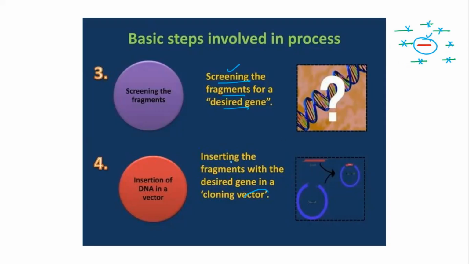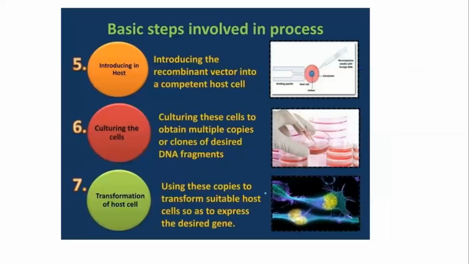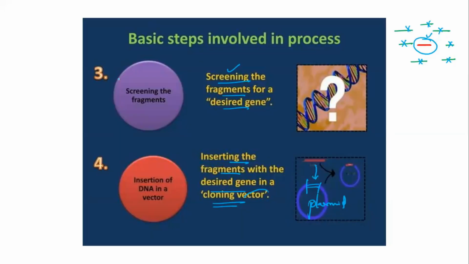Now you have to insert the fragment with the desired gene into the cloning vector. That means a plasmid. You will be taking a plasmid, cutting the plasmid also with the molecular scissors or restriction endonucleases, and then inserting this gene of interest into this plasmid. Once you are ready with the recombinant plasmid, which is plasmid plus the gene of interest,